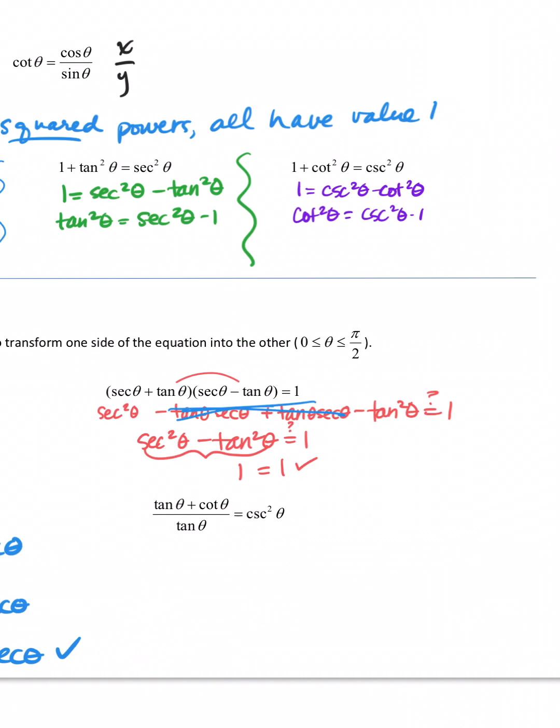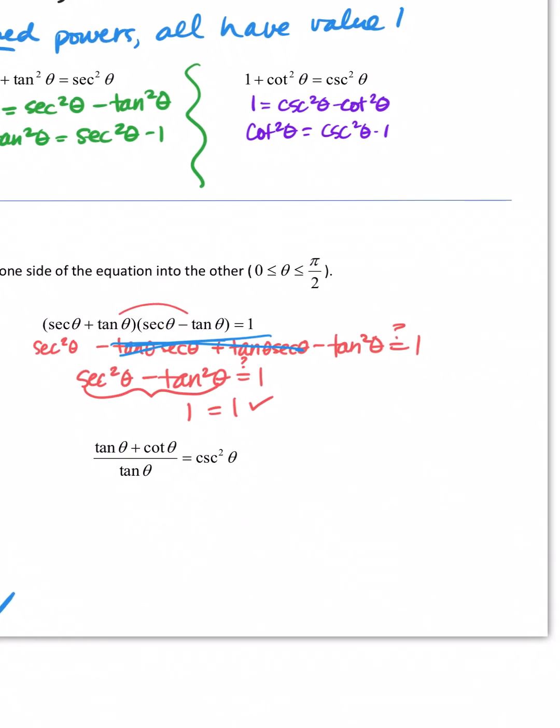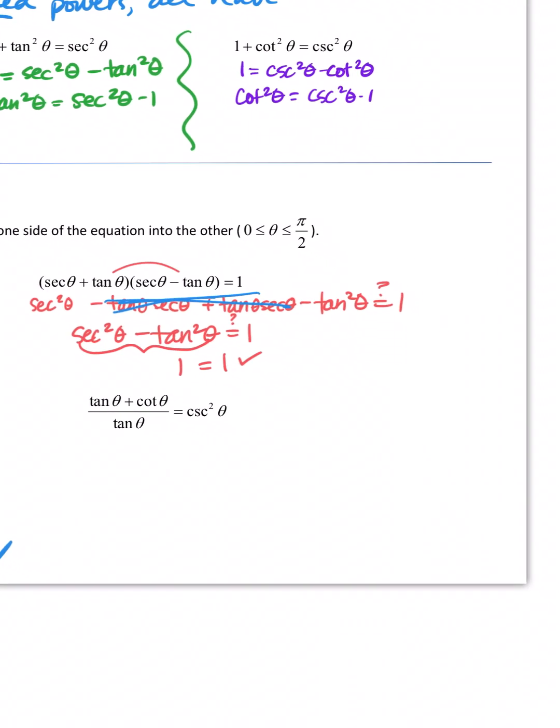Okay, look at the next one. This one's going to take a few more steps, but let's just hang in there. All right, so the first thing I would do is separate this fraction on the left. So here's what I mean. I would write it like this: tangent theta over tangent theta plus cotangent theta over tangent theta equals cosecant squared theta. We don't know that yet. We're trying to figure that out. Now, hopefully you catch that tangent over tangent is 1, isn't it? And then this guy, cotangent theta over tangent theta,